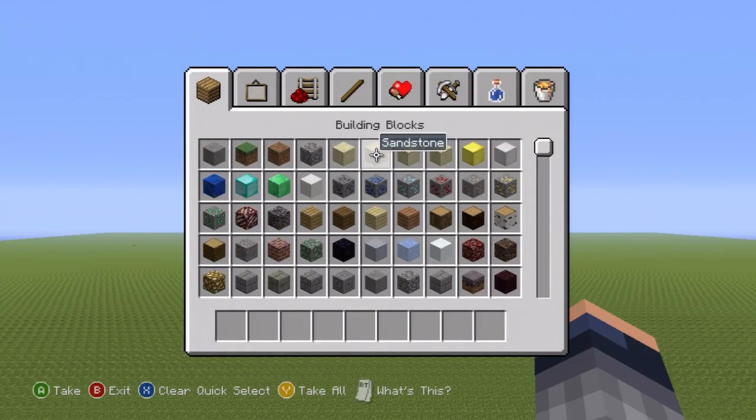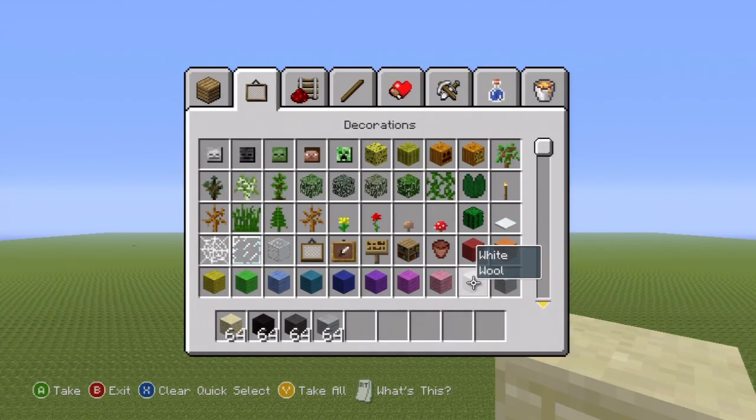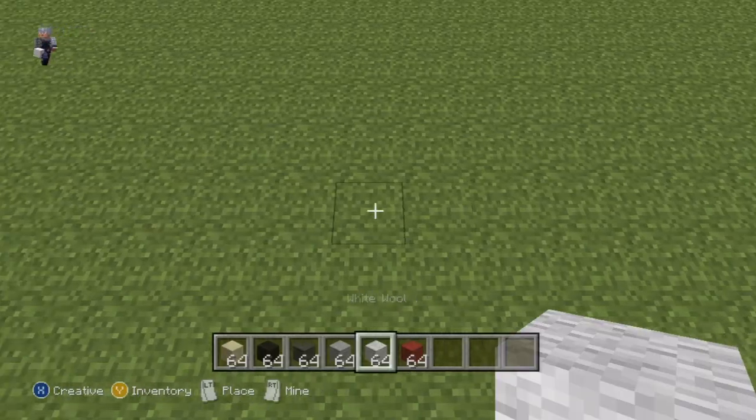You will need some sandstone block, you'll need black wool, dark grey, light grey, white, and you'll also need a tiny bit of red. Once you have every single one of those colours right there, and once you've figured out where you want to make the wolf, I'll be making it right here, you'll want to kick this off with